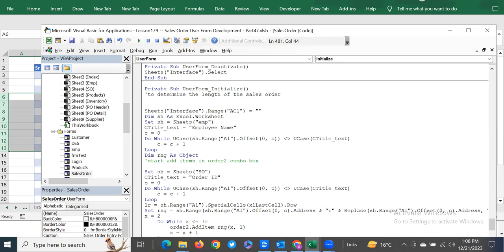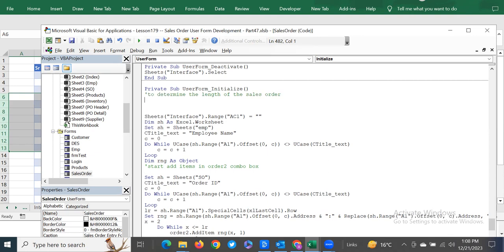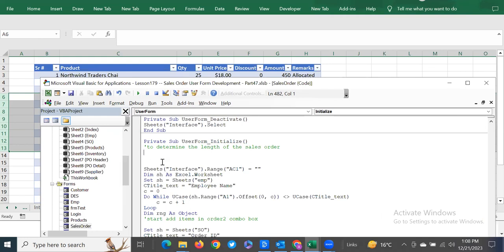So how many line item numbers would be good if we do this? Okay, so that many rows will be adjusted in here. Okay, fair enough. So what we do here, we do simply